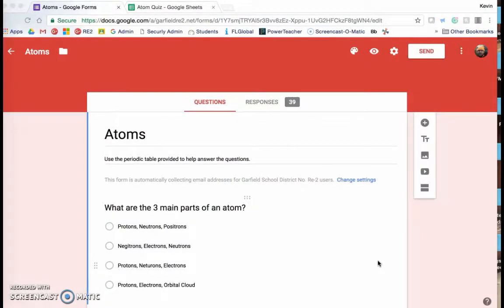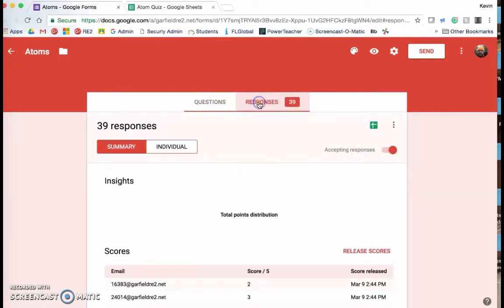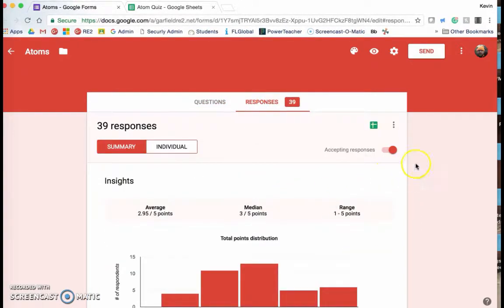All right, let's fast forward here a little bit. Here's the atoms quiz, and now I want to show you, I had some students take the quiz here just so I could show you the data. So I found my quiz again in my drive. When I select the response tab, here's where I start getting some data. Right now you can see that we're looking at a summary of the data,